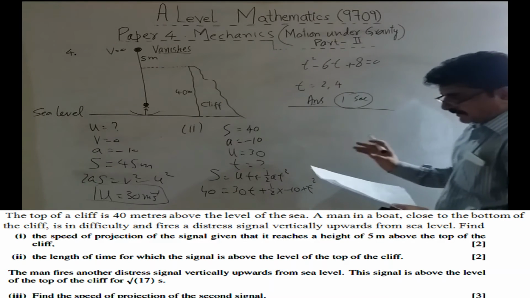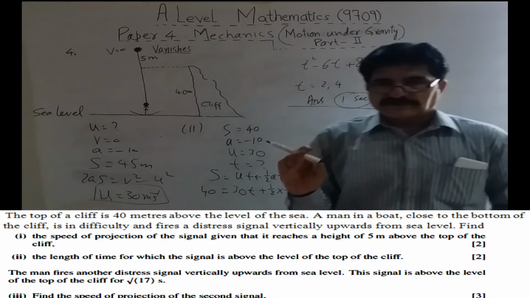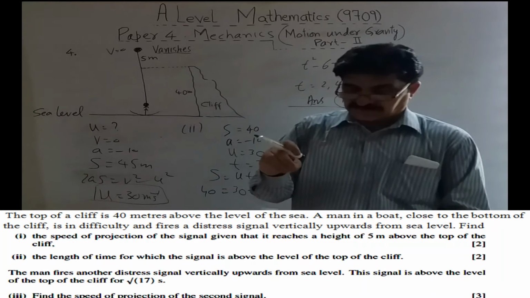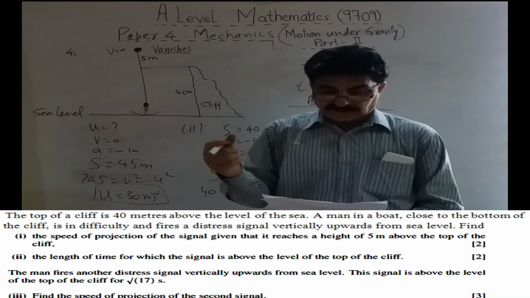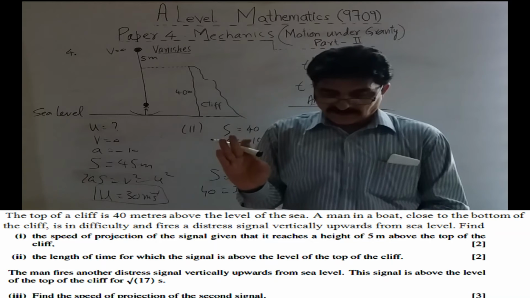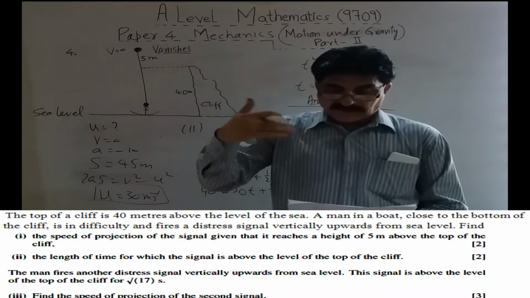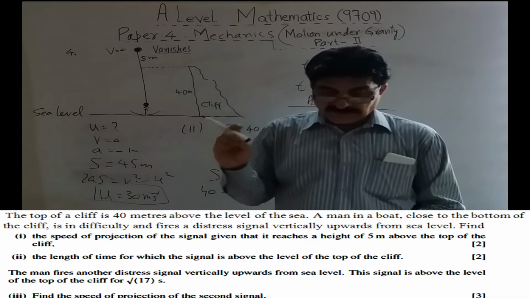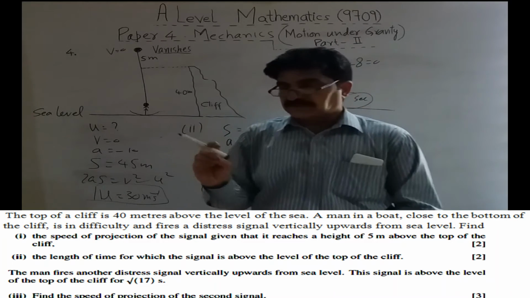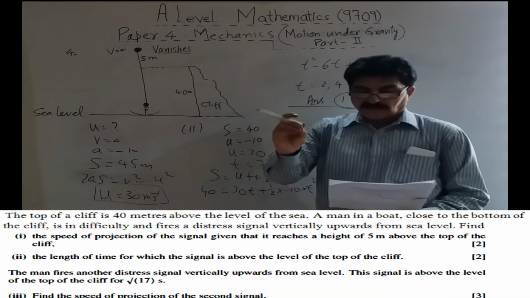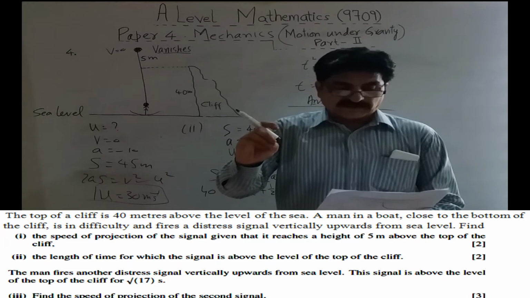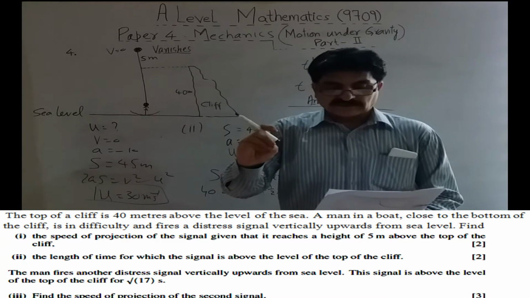Now, the third part needs more deep thinking. You have to understand what the question says, what is meant by the statement. The man fires another signal vertically upwards from sea level. He fires another signal, not the previous. This signal is above the level of the top of the cliff for under 7 seconds. This sentence, this signal is above the level of the top of the cliff for under 7 seconds, is